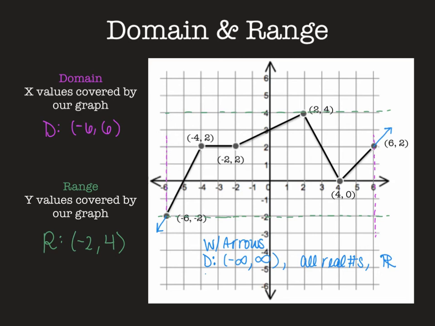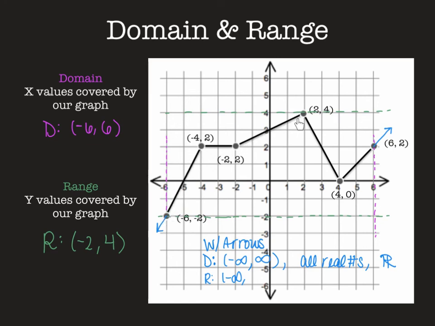Okay, so now let's talk about our range. Our range are going to be all of our y values. So as we're traveling through our y-axis now, we're switching gears looking at the y-axis, we can assume that if I were to keep zooming out and keep zooming out, I would continue to have y values. I would keep going more and more negative. Same idea as the domain. It's going to be negative infinity. And then as we continue on,